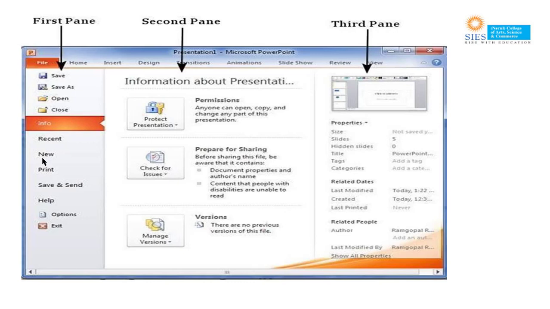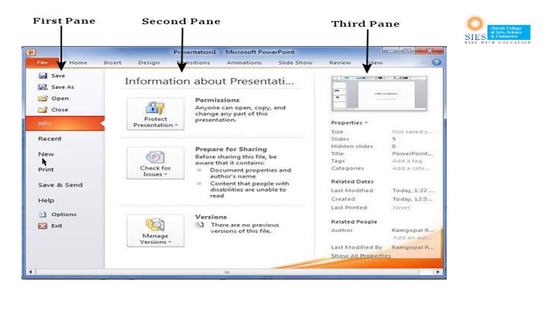Okay. Then second pane, this is the sub command pane. This will list all the commands related to the main command you choose in the first pane. Okay. So automatically only that will be available for you in the second pane. For example, if you select print in the first pane, you get to choose the printer and adjust the print setting in the second pane. You can also call it a submenu.